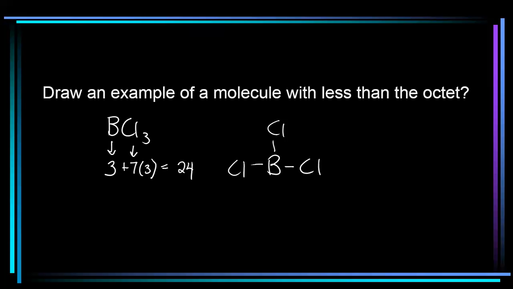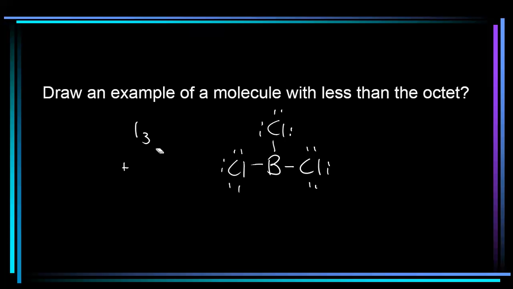BCl3, 2, 4, 6, 8, 10, 12, 14, 16, 18, 20, 22, 24. Done! No. Is everyone happy? No. Of course not. Who's not happy? Boron. So when somebody's not happy, when the middle is not happy, what do we get to do? Double bond. Except we can't. Let me explain to you. Let's go back